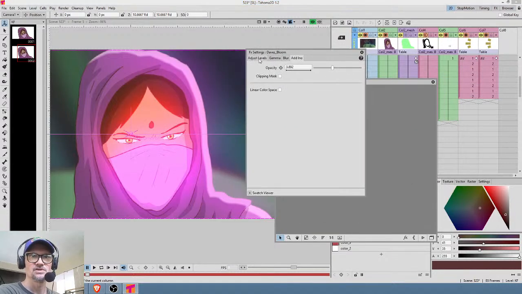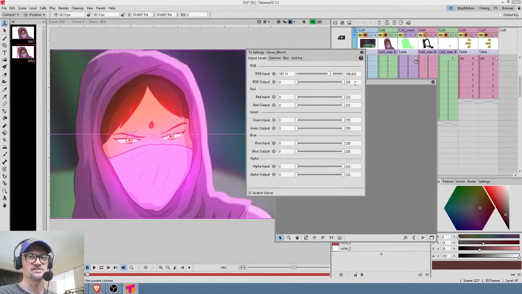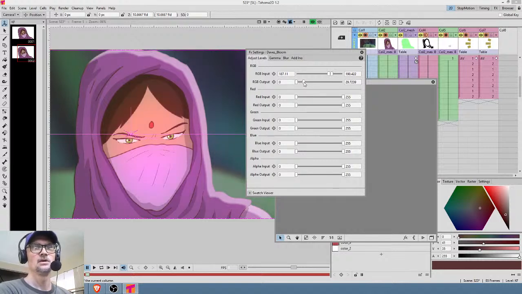Okay, so to dial it in, generally this is the key right here, just the RGB output, because if I take this and crank it way down, and again I'll emphasize that this seems to be much more controllable and frankly more stable than the new bloom effect that's built into Tahoma. I've had a conversation going back with Darren T about this. It's buggy. When it renders, it'll render your image as just a big space of white. So there are things you could criticize about it